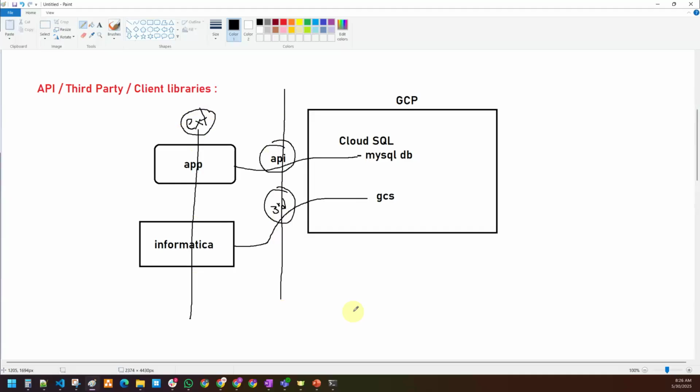That is what we call the fourth method of interacting with the GCP services: via API or a third-party tool or a Python or Java programming language, client libraries, which are nothing but programming languages.